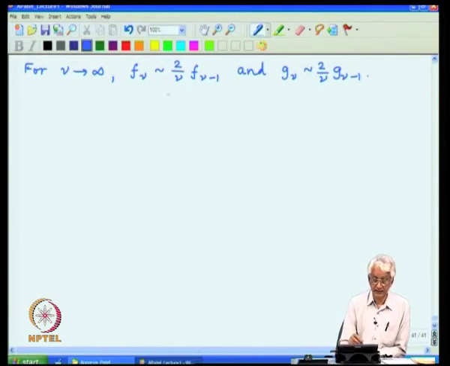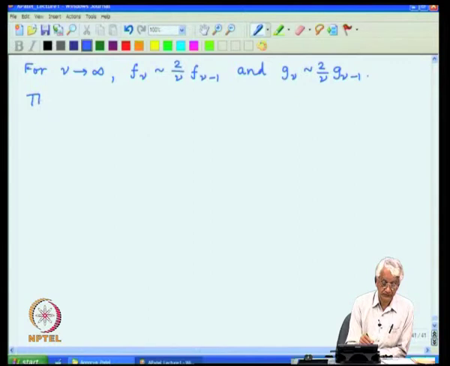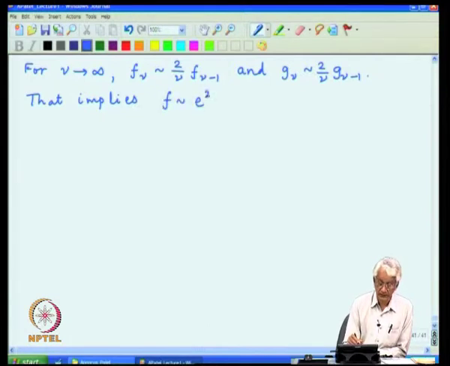This kind of series behavior can be easily solved, and it is the asymptotic behavior of the exponential function. The factorial terms basically produce this 1 over nu effect, and 2 is the same as the terminal ratio,